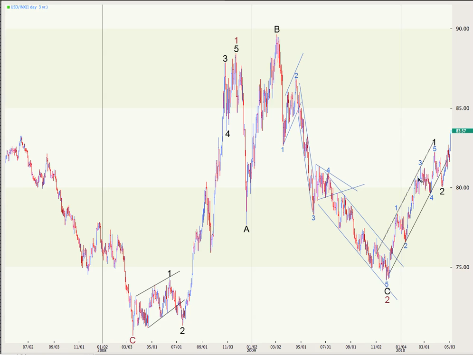So far we've had a 5 waves up for intermediate wave 1, ABC down for 2. We've also had a 5 waves up for 3. I need to update this historical chart. I'll take you now to a daily chart for the dollar for the last 6 months, where this black 1 and black 2